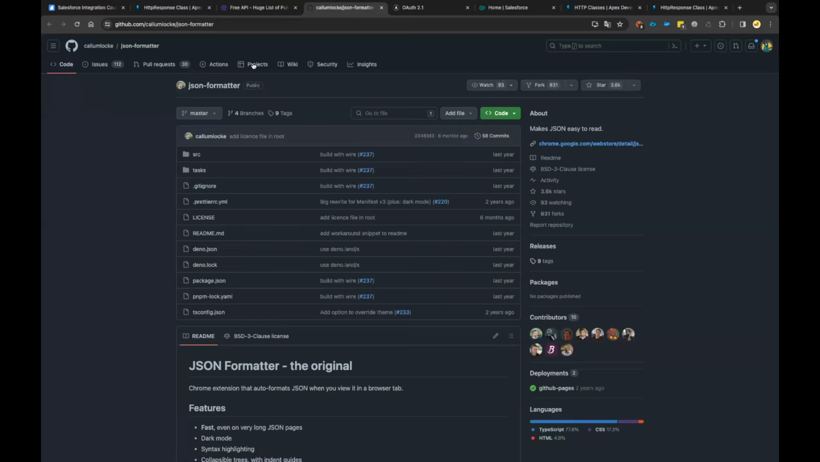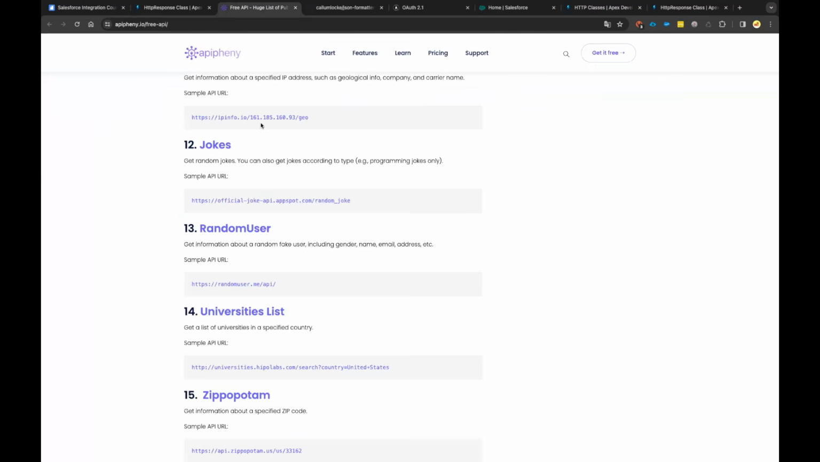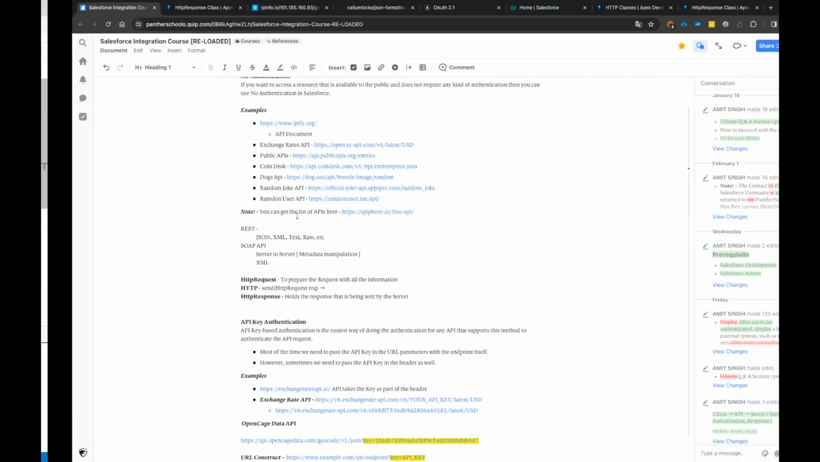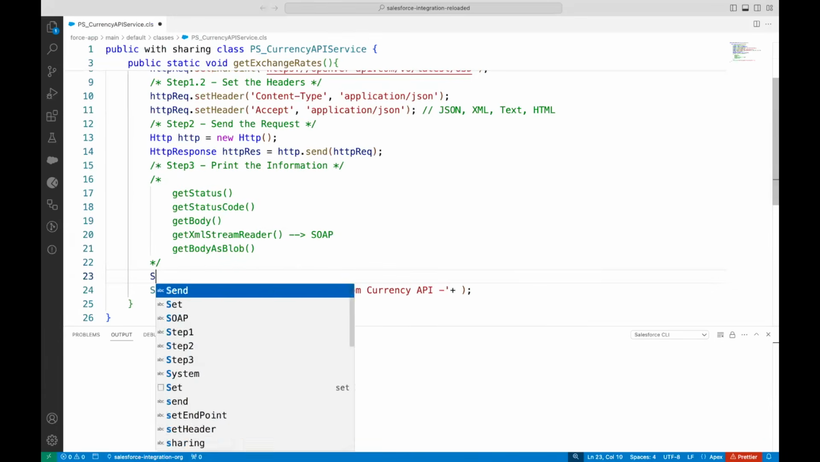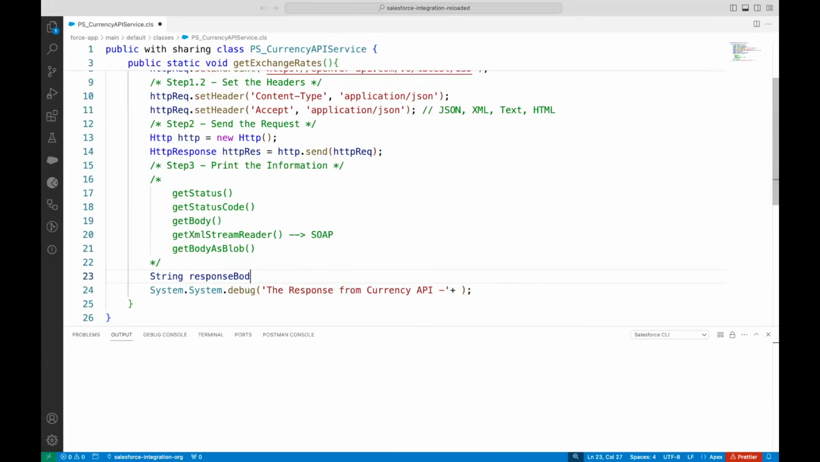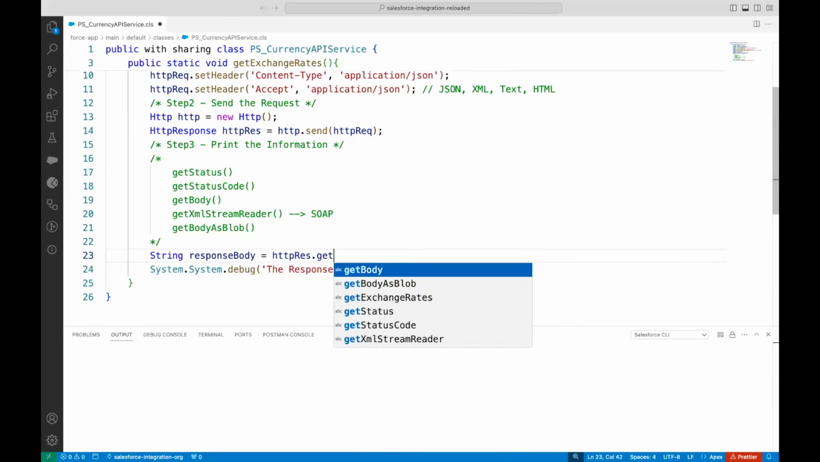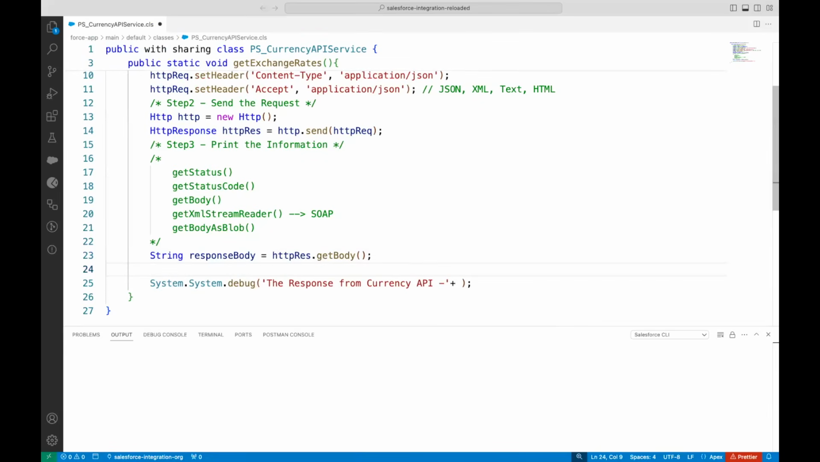For example, we got this JSON. We are going to get that JSON in the form of a string. It will look like JSON, but it will actually be a string. So if you want, you can create a variable, let's say response body. The variable will be of type string, and we will say httpResponse.getBody. Then let's create a variable called integer